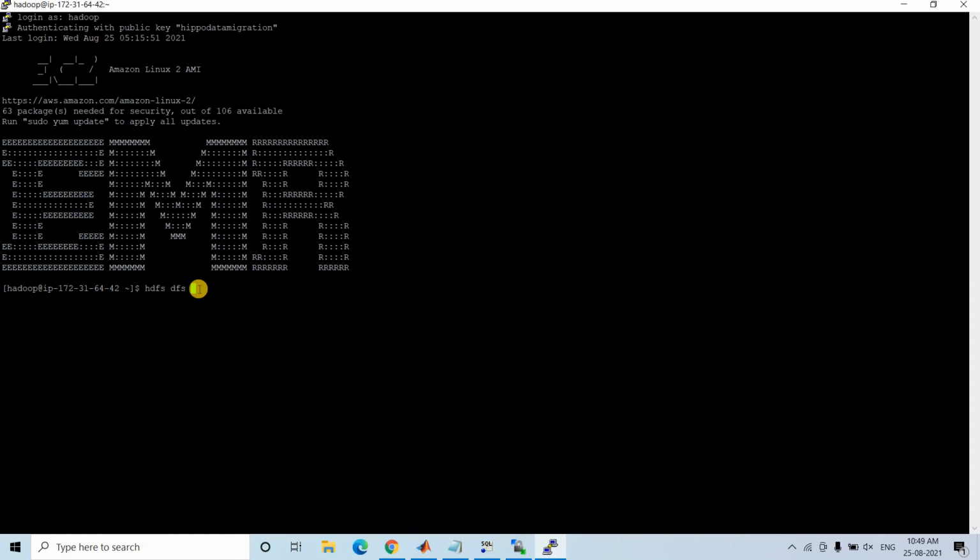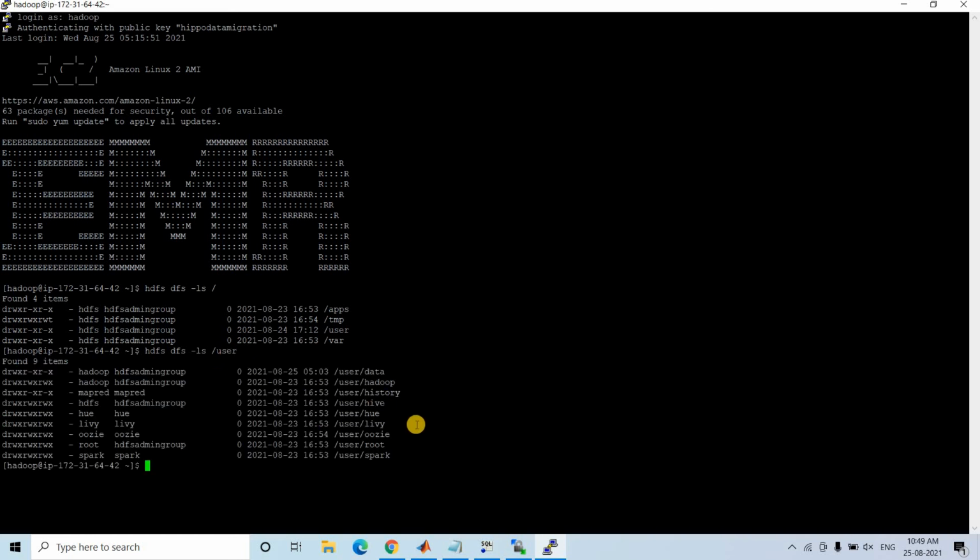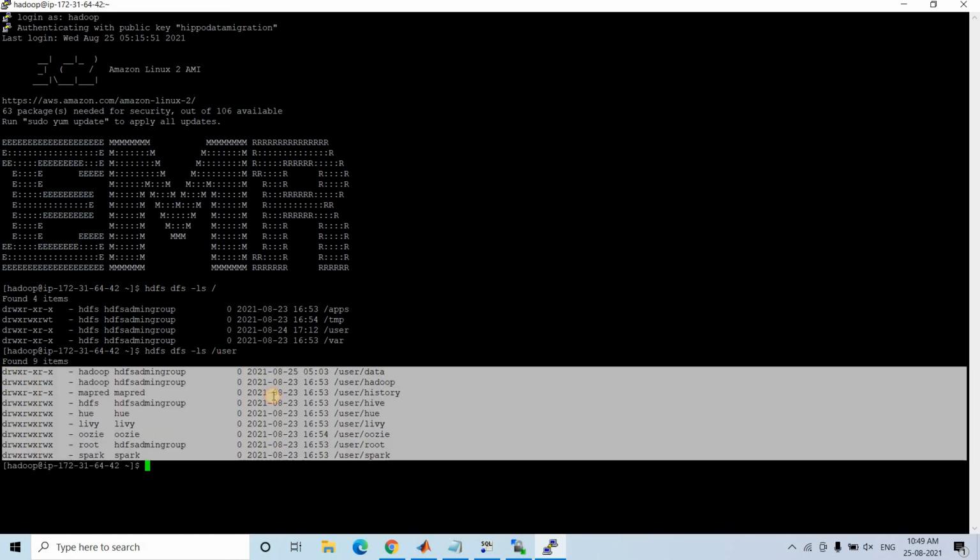Then write what we write for our Linux or Unix system, for example, to check the directories and folder structure we use ls. I am giving root. Suppose we want to go inside user: hdfs dfs ls user. Let us check what things are present inside user.